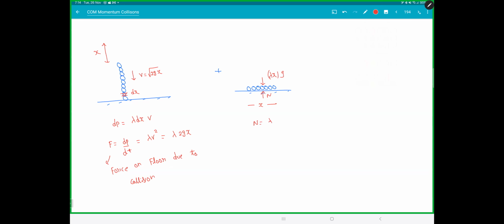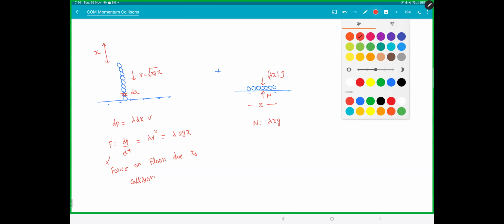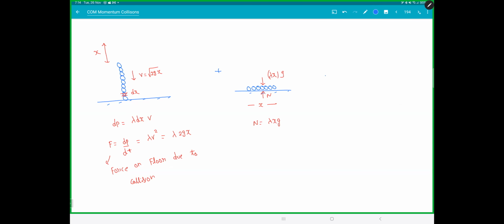So there are actually two forces. One force is due to collision and one force is due to the chain which is already on the floor. So the net force on the floor will be 2 lambda xg plus lambda xg. This is due to collision and this is due to the chain on the floor. So the answer is 3 lambda xg. Lambda is m by L, so